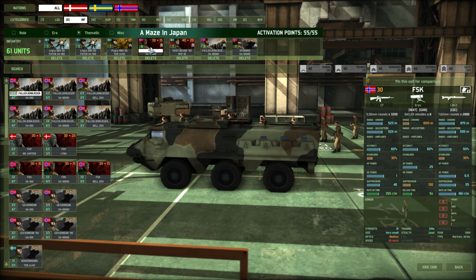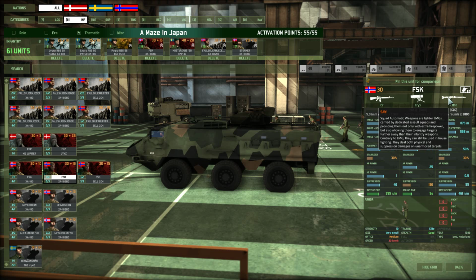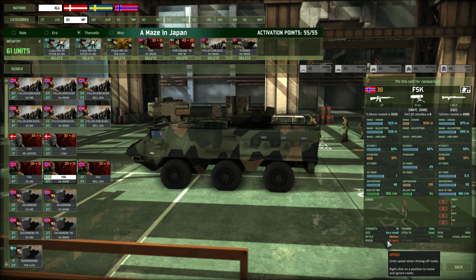Next up is the FSK, and these are some of the best infantry that my deck has to offer. They got the Erics, they got some nice weapon systems in the form of the LMG3 and the C7. They're very quick, 30 kph, they got elite training, and with the Erics they can take down some vehicles at a 1000 meter range, which is pretty much the normal engagement range when you're doing close quarter